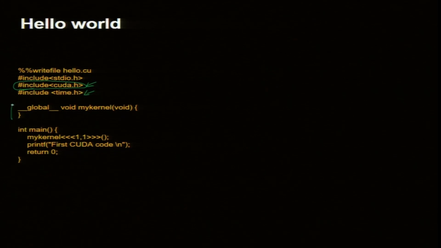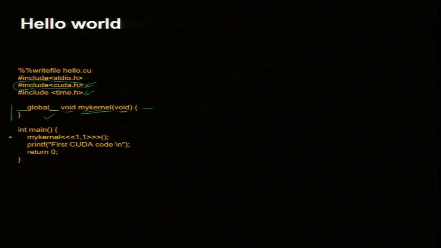I have this function definition, __global__ void. Void is the return type, it does not return anything. My kernel is the name of the function, and it also does not take any argument. So, this is basically a dummy function, takes nothing, gives nothing, and it does nothing. It is vacuum. This is a dummy function, and I have a main program. How do I call this function in the main program? The name of the function, my kernel, comes here. This function is supposed to run on a GPU. I will tell you a little bit more.